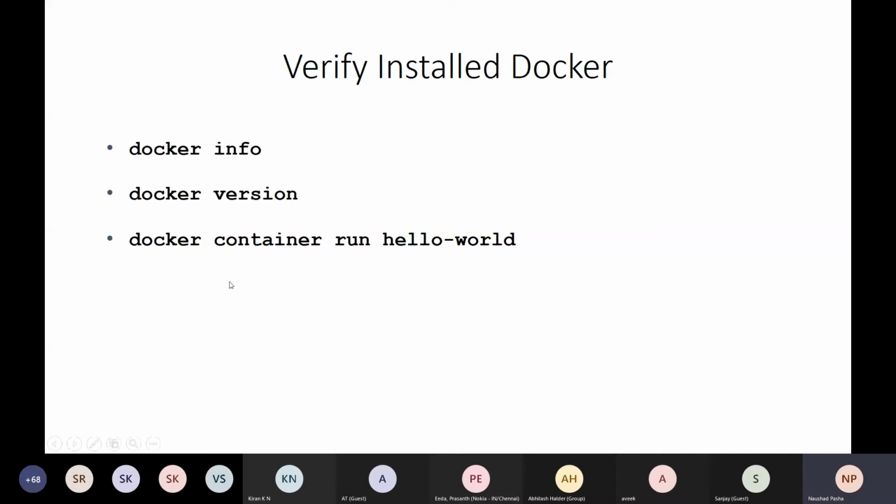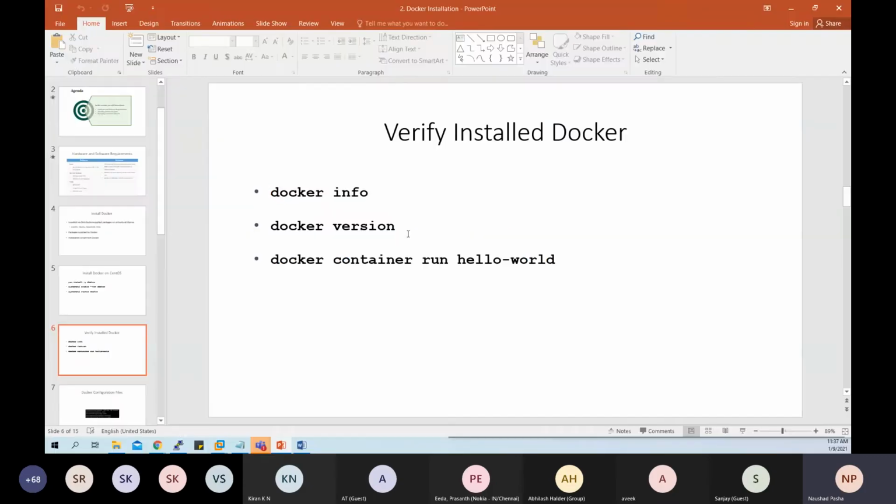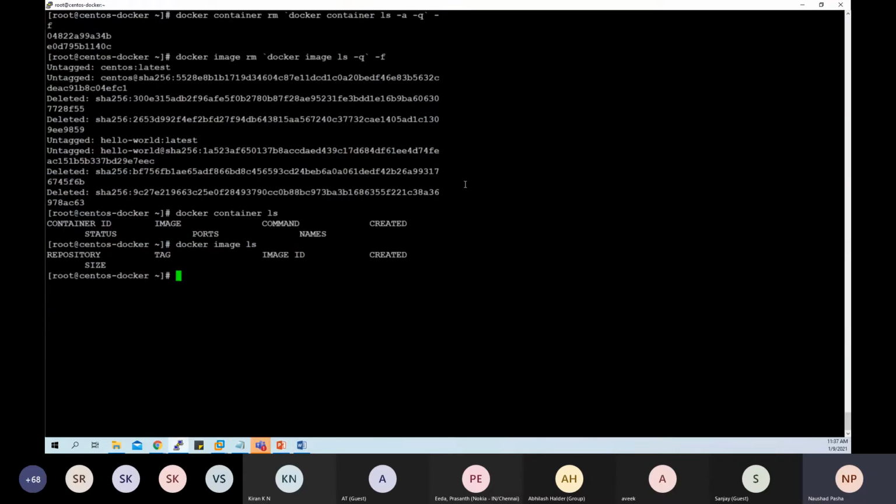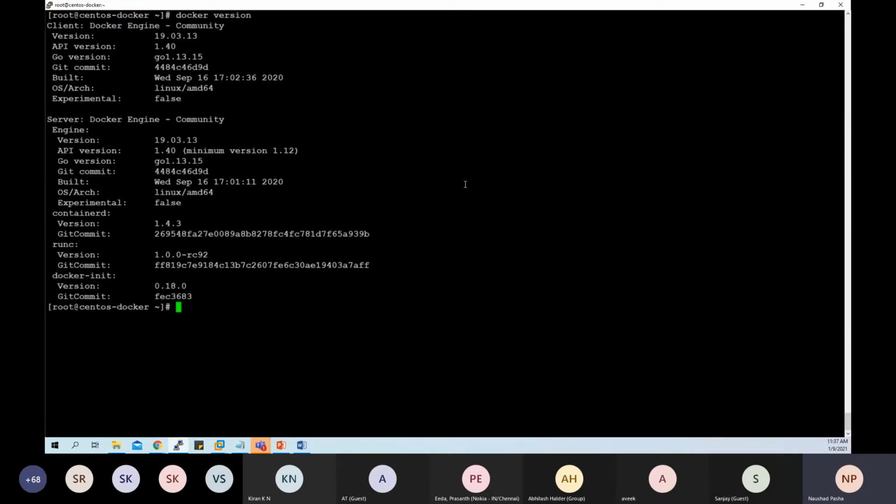There are three more commands that we want to work with. The one we worked with, we created a hello world based container. Now let's verify the Docker version and also different information that we need to know about Docker. If you run the command docker version, currently we're dealing with the Docker client version 19 and the Docker server version, our engine version, also 19.